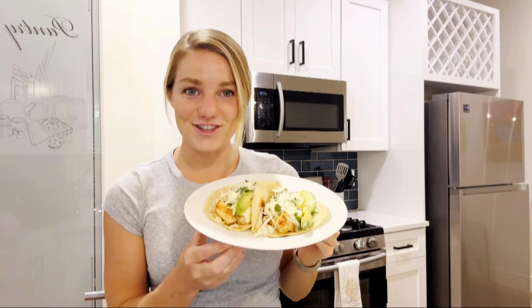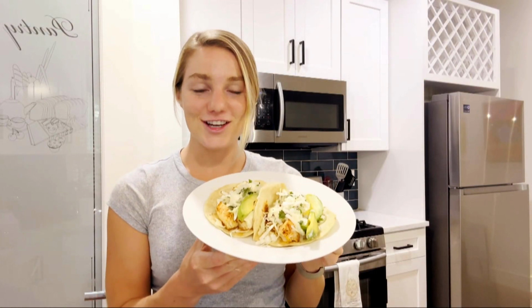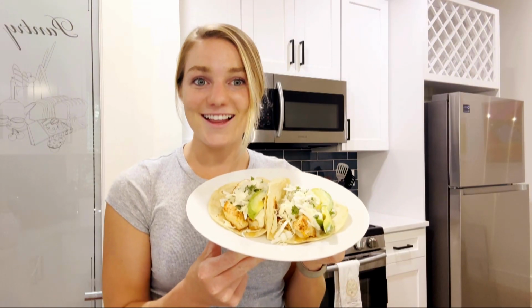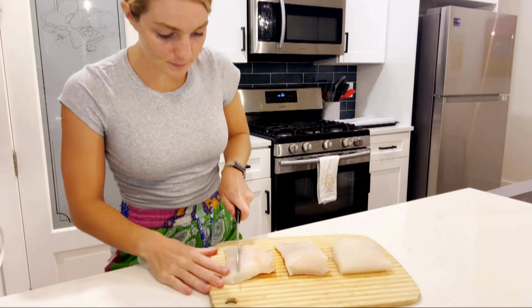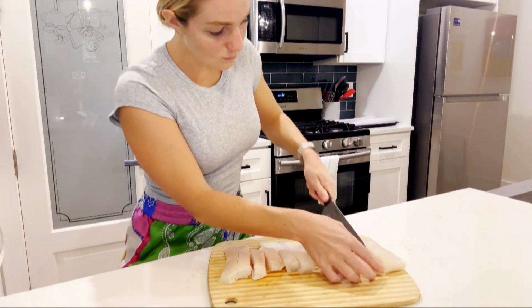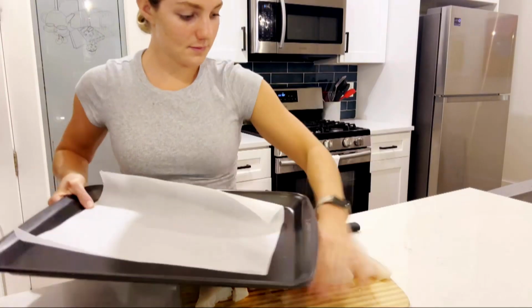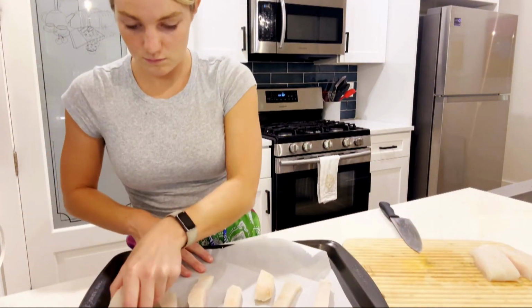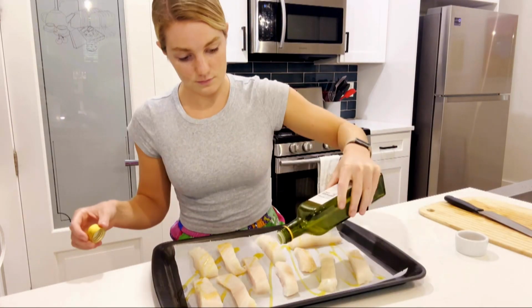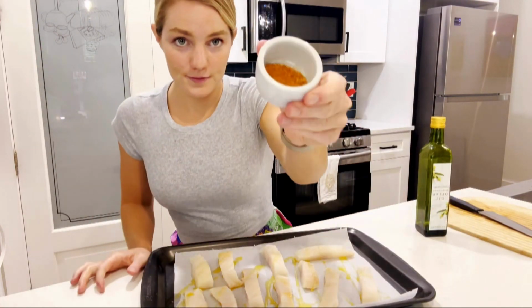Hi, this is Declan Chapin, recipe developer at Premier Catch, and today I'm going to show you how to make the easiest sheet pan halibut tacos. Let's get started. For this recipe, I'm starting with 3 8-ounce portions of wild Pacific halibut, which I'm chopping into thin strips. I'm going to add these to a sheet pan lined with parchment paper, and then I'm going to drizzle olive oil over all of the halibut and add a spice mix, which is made up of cumin, paprika,